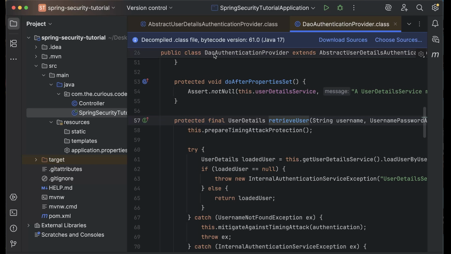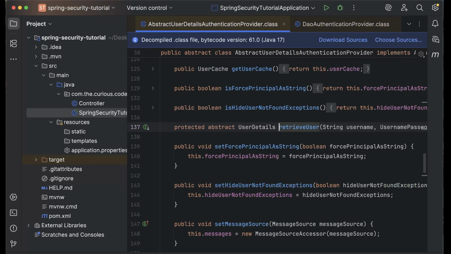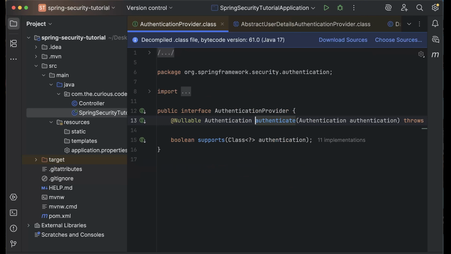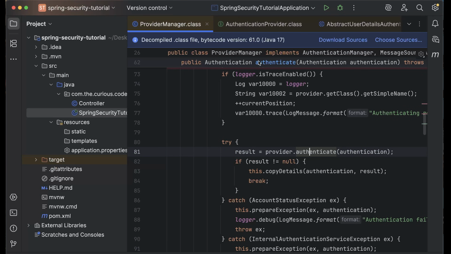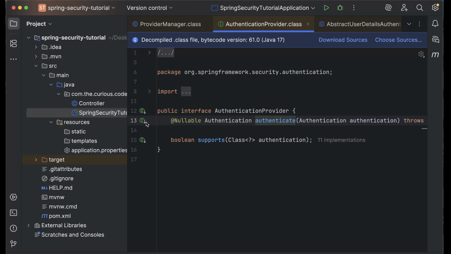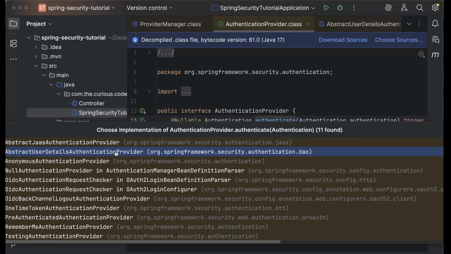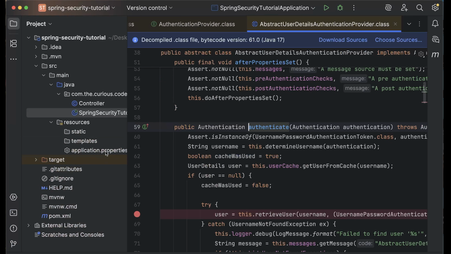Okay, so this is the DaoAuthenticationProvider. I'll just repeat again. Basically, when the authenticate was called by the authentication manager, the provider manager called the authenticate method. Here we don't have the DAO provider directly, but we have its parent class, the AbstractUserDetailsAuthenticationProvider. So we go here